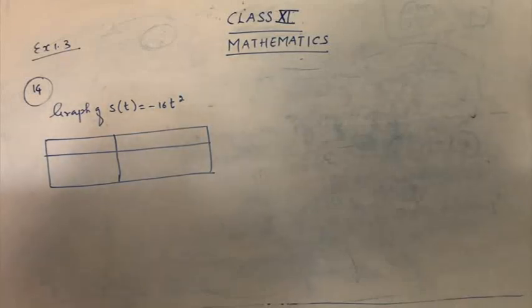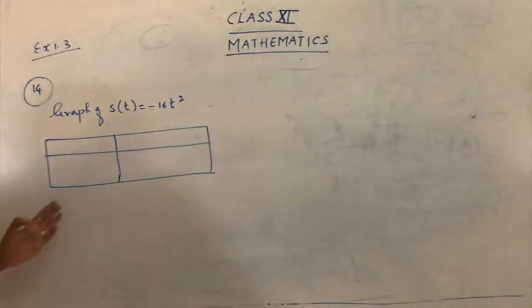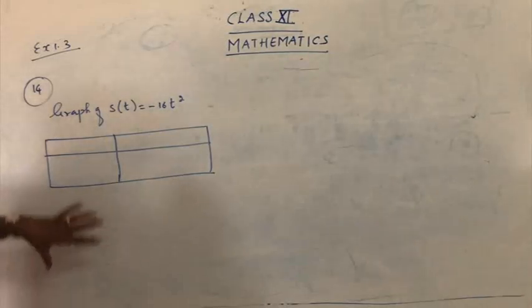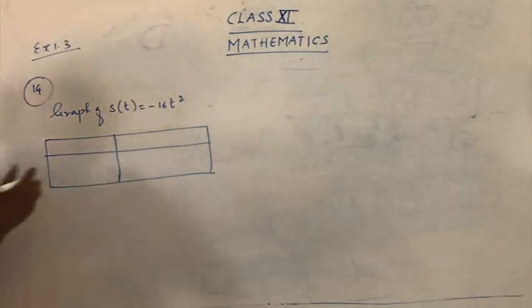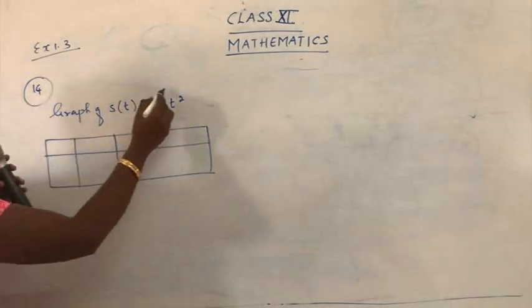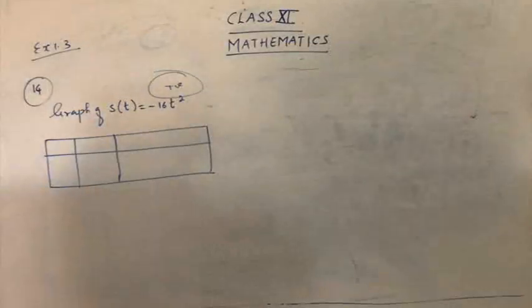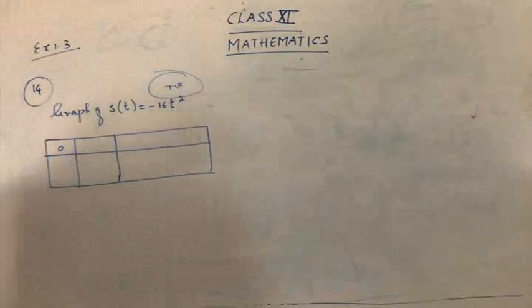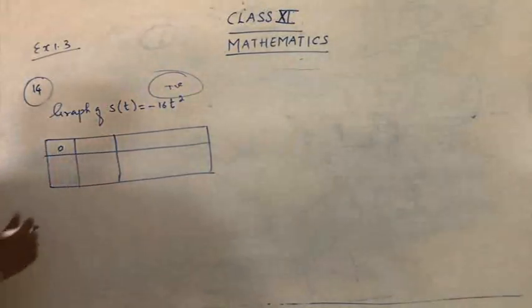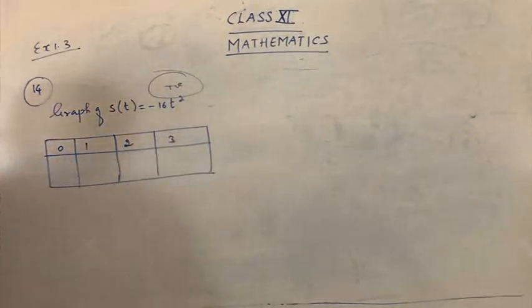Let's put the values over here. Actually, if you take both positive and negative values, we get a curve on both sides, so the figure will be completely seen. It's your wish. You can focus only on the positive values. It's not a problem at all. 0, 1, 2, and take 3.